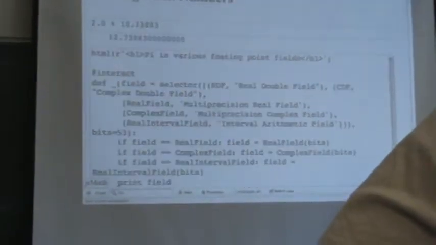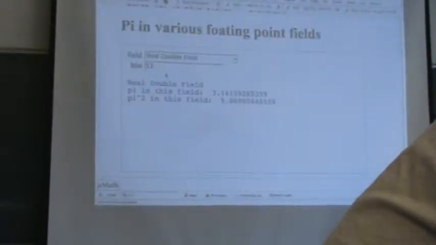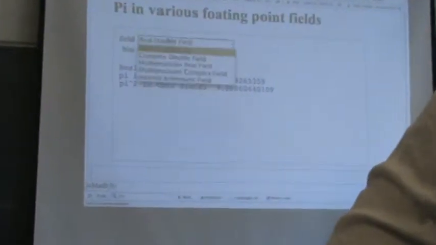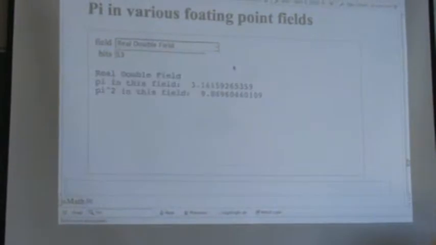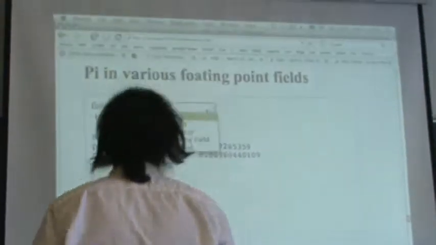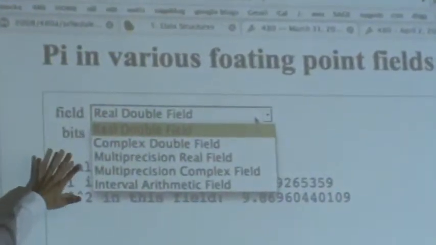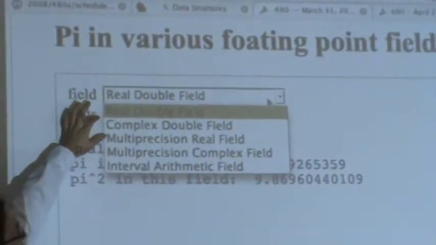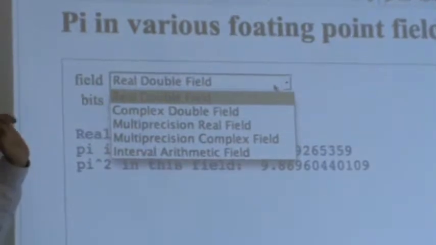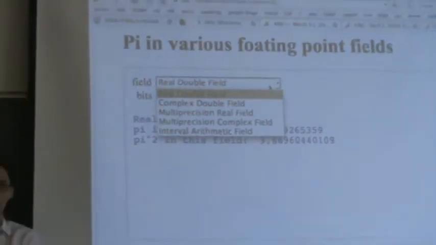Here's another one of these interactive examples. So it turns out in Sage there are really 5 different ways to work with floating point numbers. I guess in a sense there's 3 really distinct ways. You can work with double precision numbers. It's kind of like in MATLAB, say, where you have single precision, double precision.